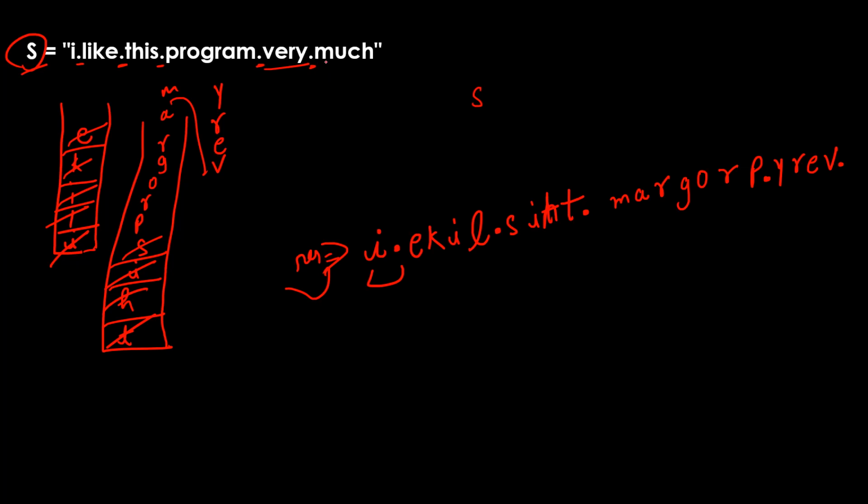Now this part, this much, should also be reversed. But as of now, you can see there's no dot occurring later, yet this part has to be reversed. So what we can do is, as of now this much will be pushed in our stack, that is for sure. All this is going to be removed, we are going to just pop them out from the stack. This much will be pushed into our stack, right?